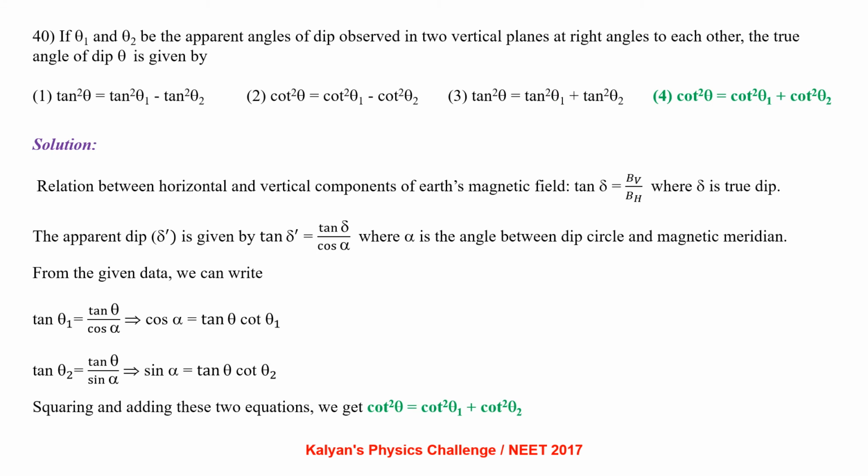If theta 1 and theta 2 be the apparent angles of dip observed in two vertical planes at right angles to each other, the true dip angle theta is given by: